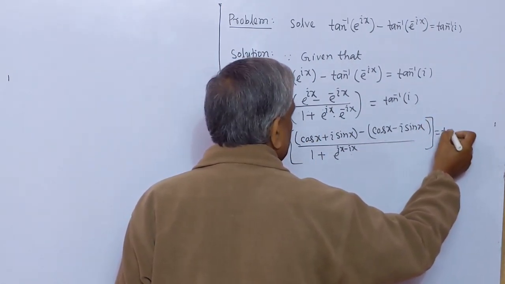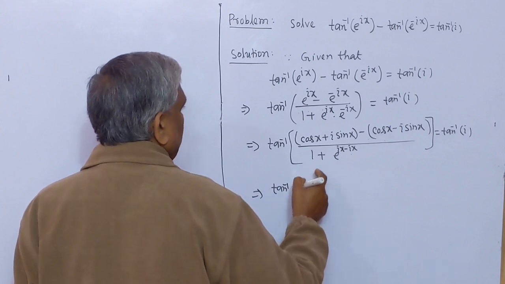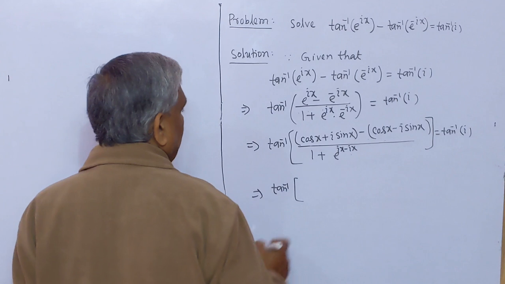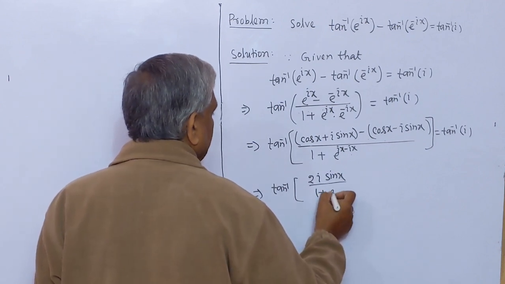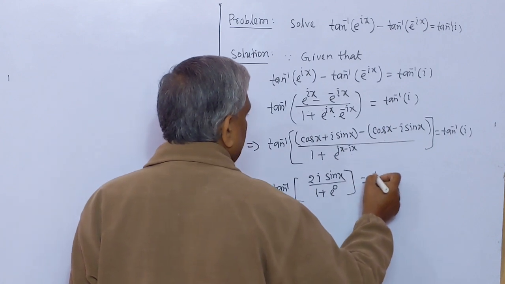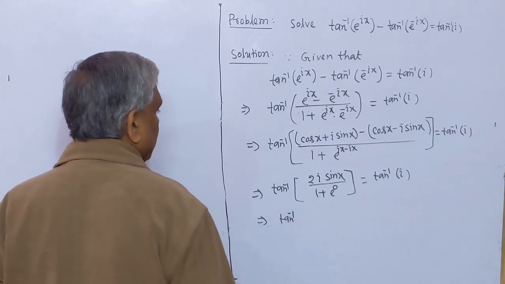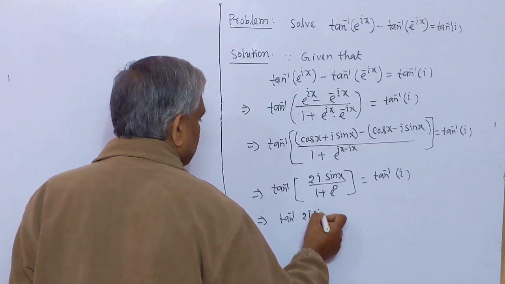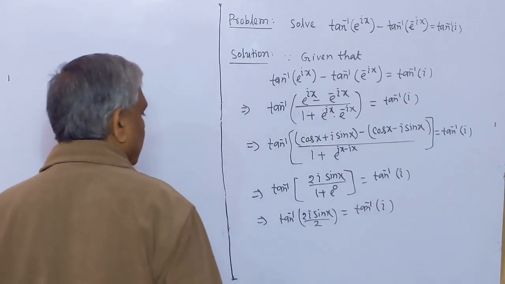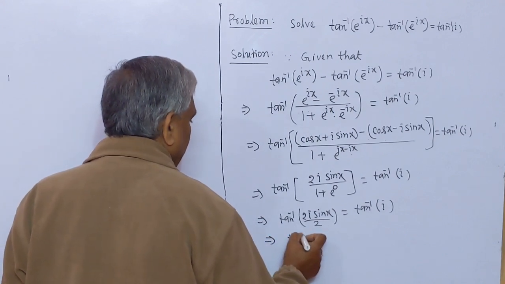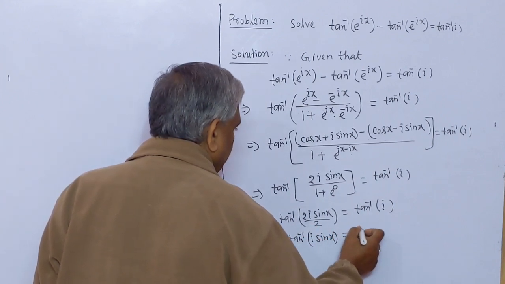This equal to tan inverse I, implies that tan inverse, here cos x cancel, only remains 2I sin x by 1 plus e to the power 0 equal to tan inverse I, implies that tan inverse 2I sin x by 2 equal to tan inverse I, implies that tan inverse, 2 cancel, I sin x equal to tan inverse I,